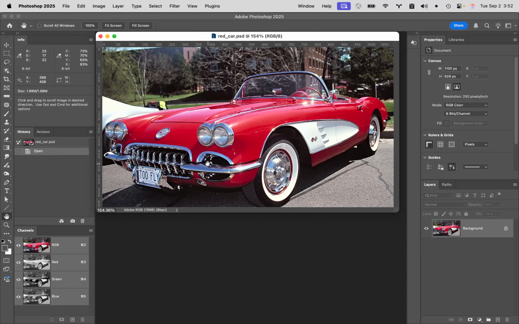So if it doesn't show your workspace, a lot of times it'll have to do with hitting the tab key or the shift key or